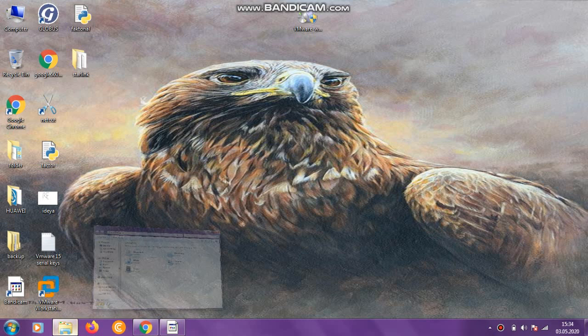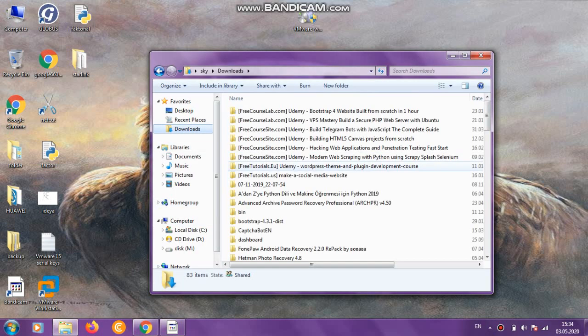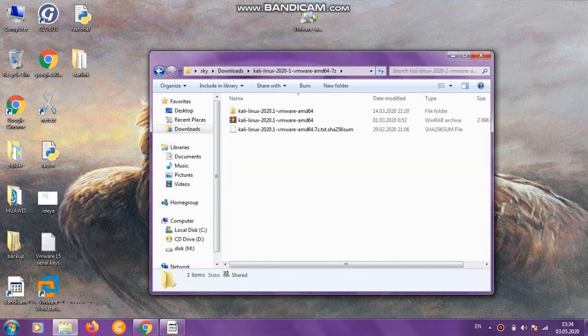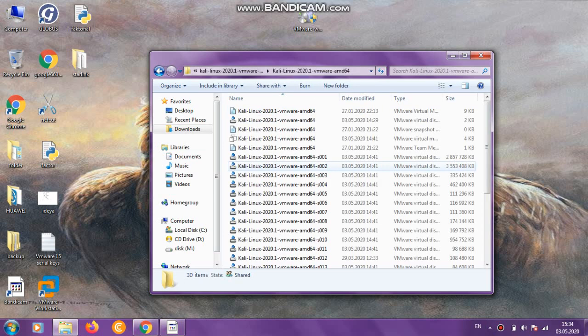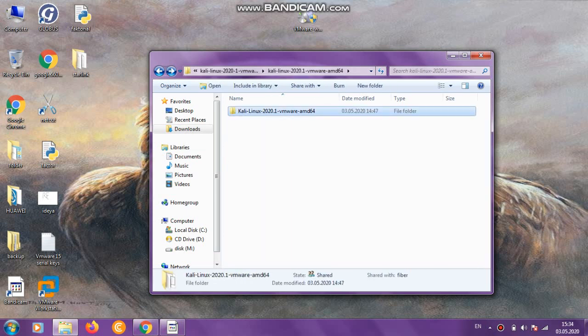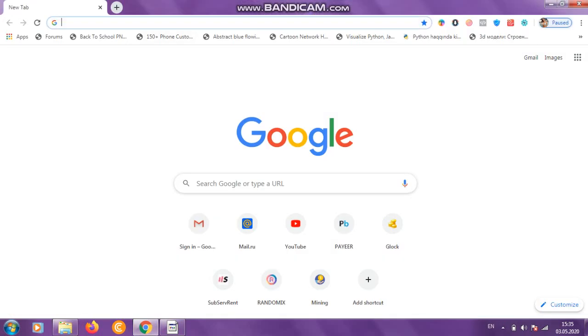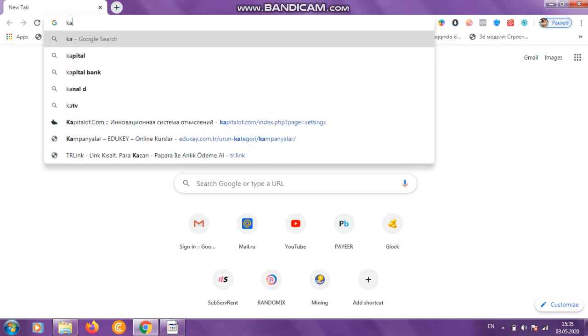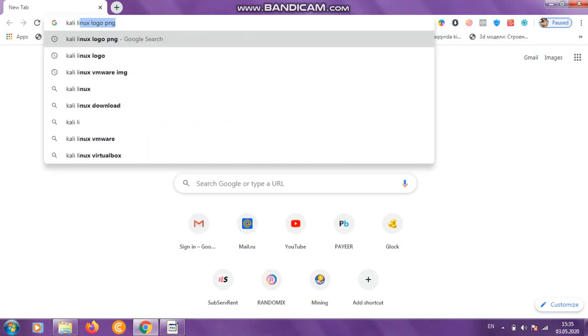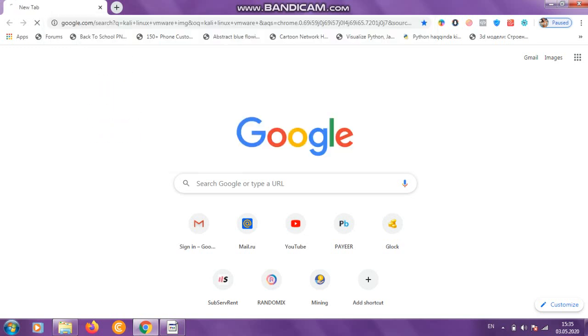And I have already downloaded the Kali Linux VMware image, and this is the Kali Linux 2020.1 version, the 64-bit VMware image version. Where can you download it? Just write here Kali Linux VMware image